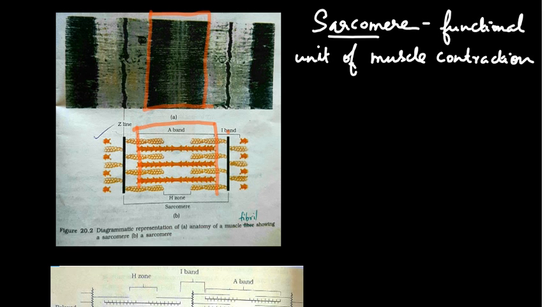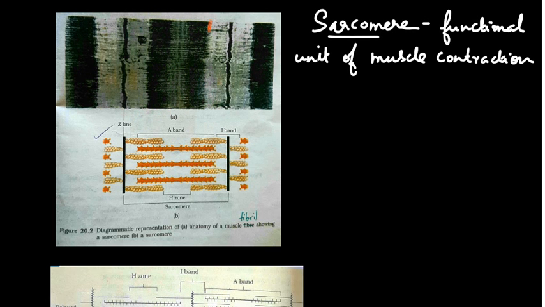Even in this A band, there are certain areas which are darker than the middle part. So A band is made up of myosin filaments,